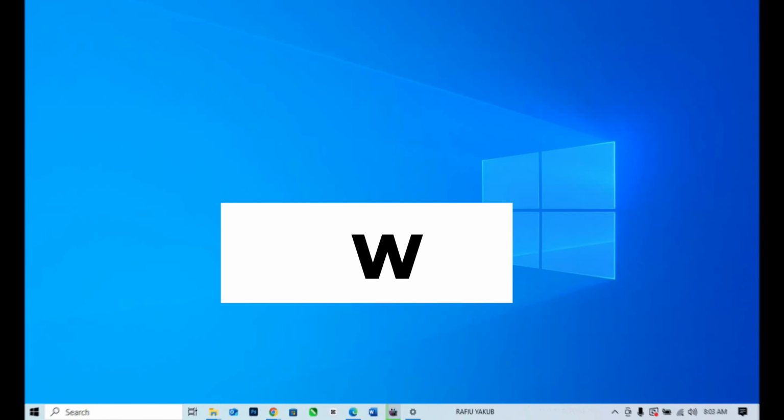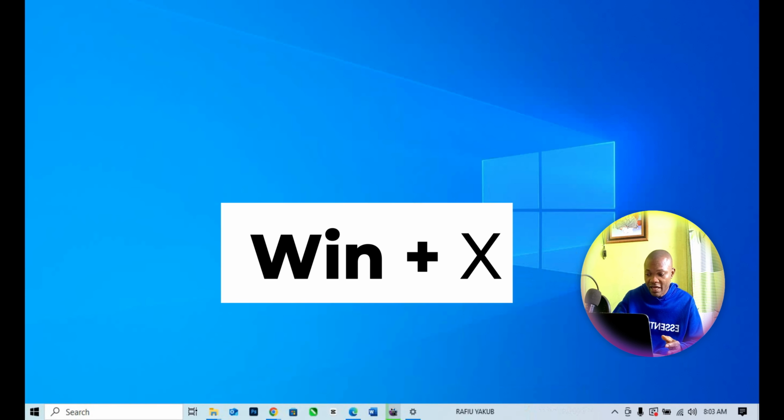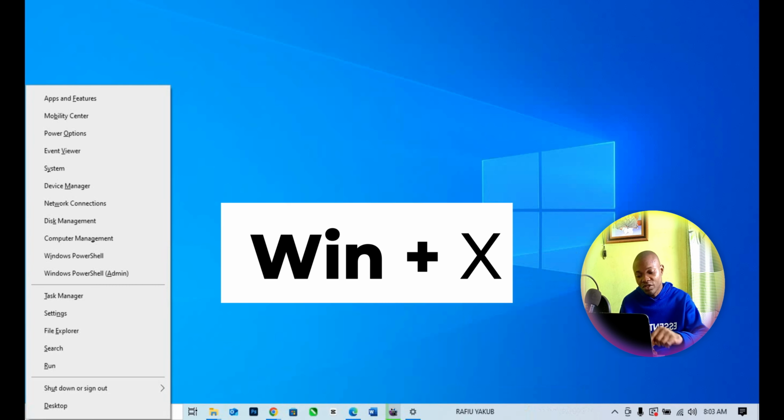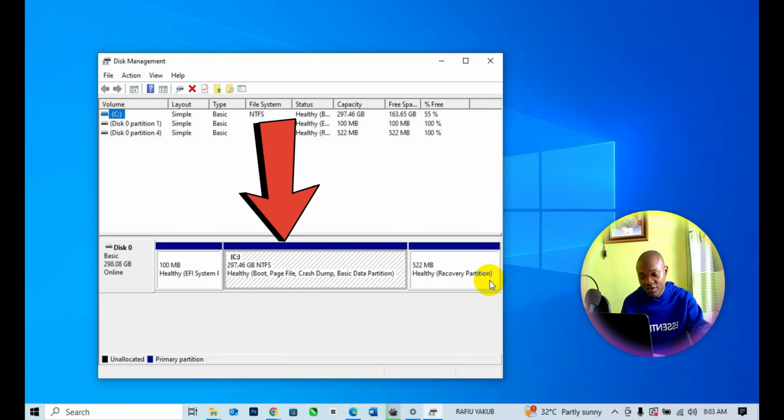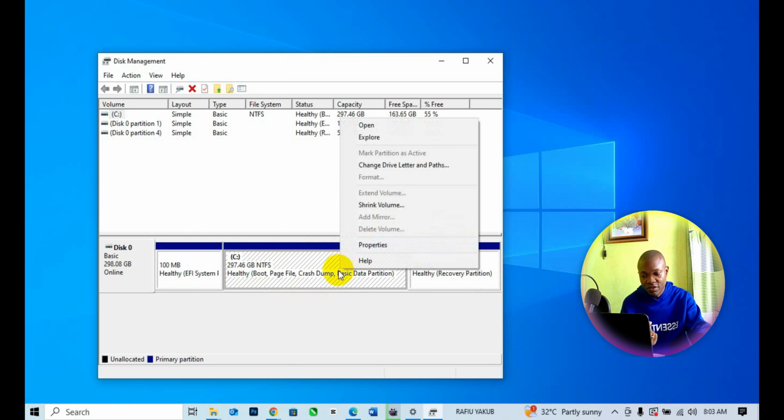The first thing you want to do on your Windows PC is press Windows plus X, and this is going to pop up. Next, press K on your Windows PC, and this is going to pop up. Next, simply go to the boot page 5 crash dump basic data partition, right click on that, and the next thing you need to do is to simply go to